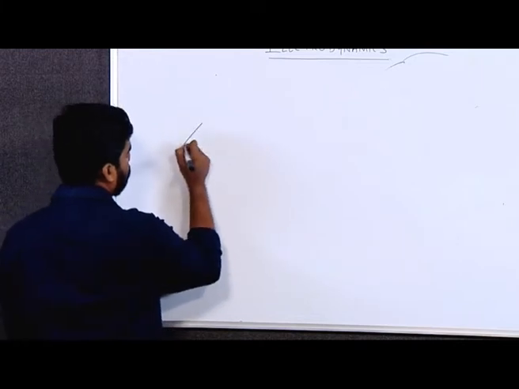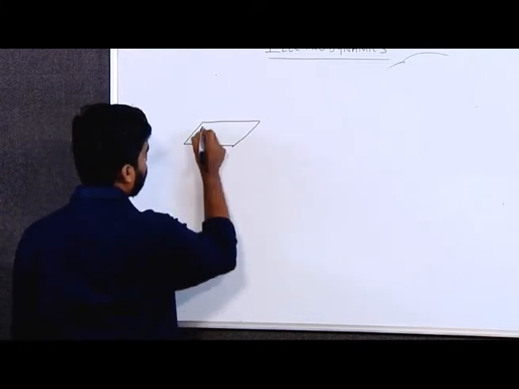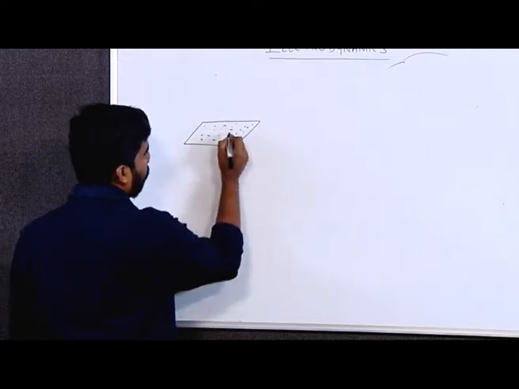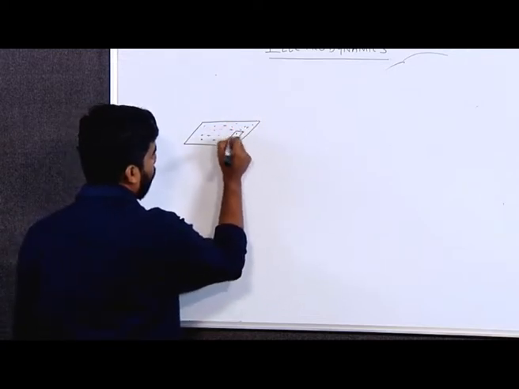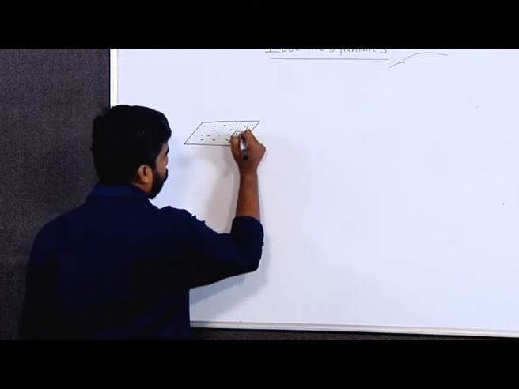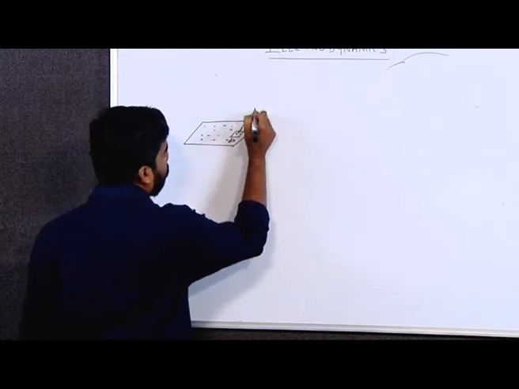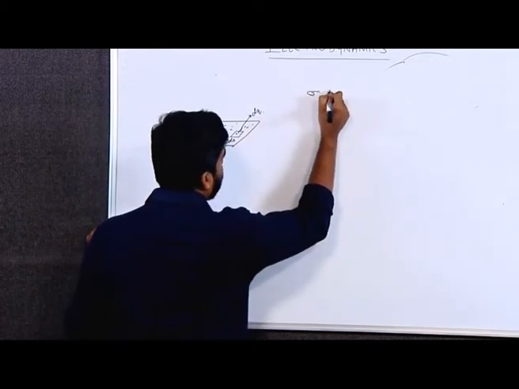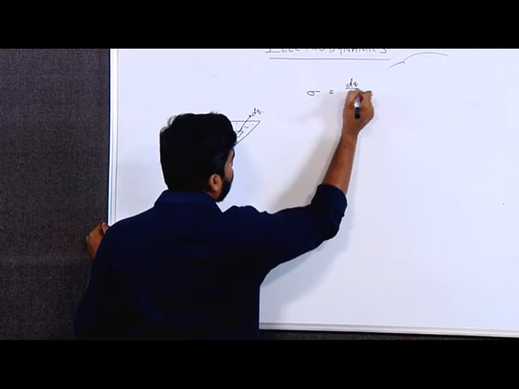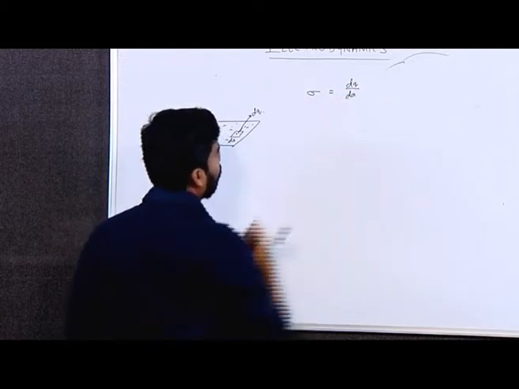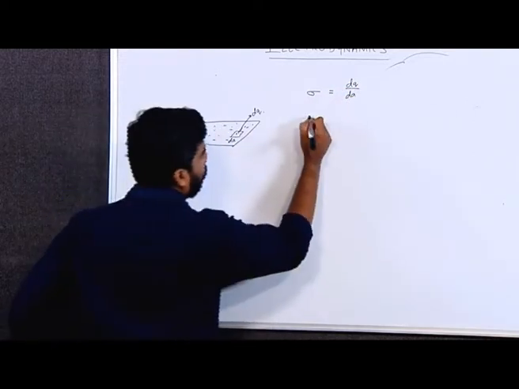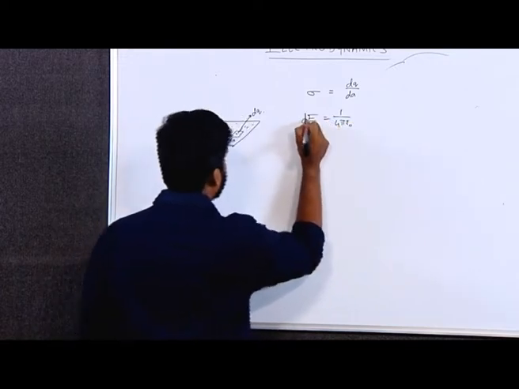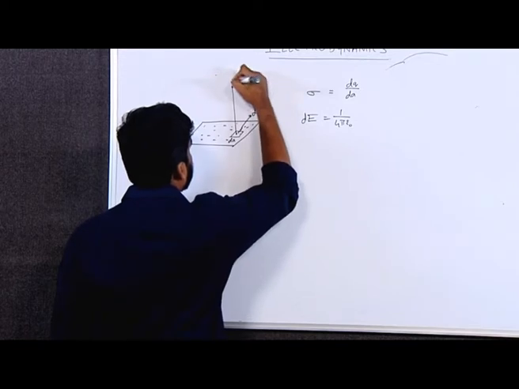a surface which has lots of charges on its surface, and I am considering a small area dA here which consists of dq amount of charges. So the surface charge density sigma is equal to dq by dA. So E will become, E is equal to 1 by 4 pi epsilon 0, the small electric field at a point P due to this